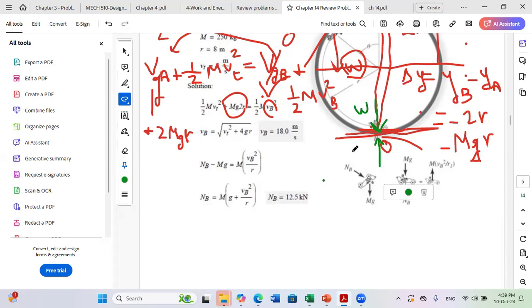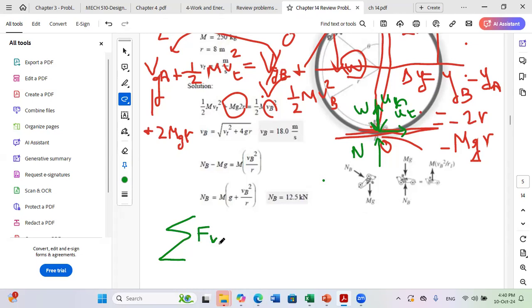Since we need to get a force, we need to select a coordinate system. In general, whenever you have circular motion, the easiest coordinate system to work with is the normal tangential coordinates. So you say ut is along velocity, tangent to the path. This is ut. un is perpendicular to ut, pointing towards the center of rotation. So this is un. And since the normal is along un, I should apply sum Fn